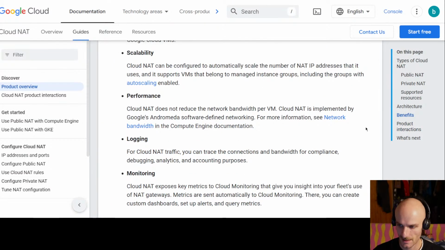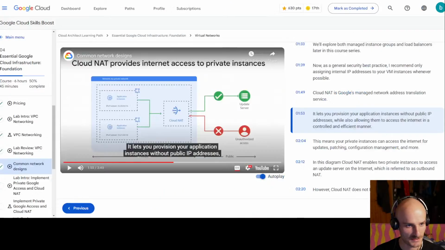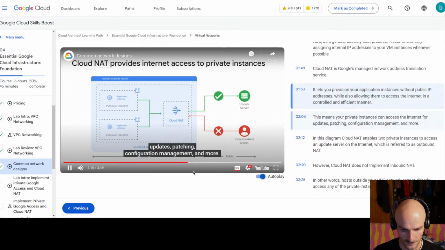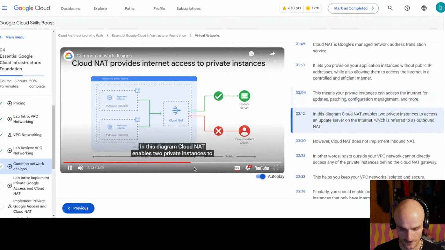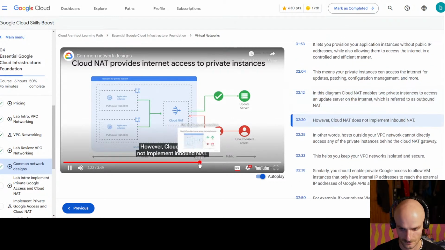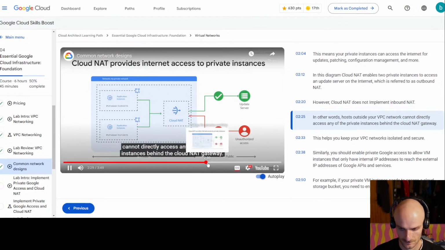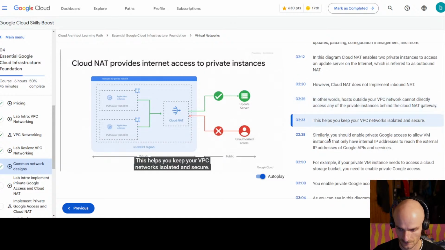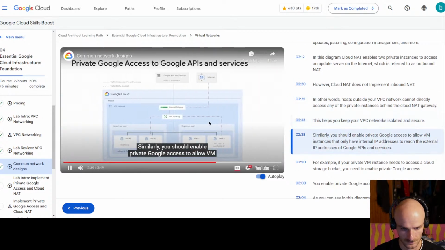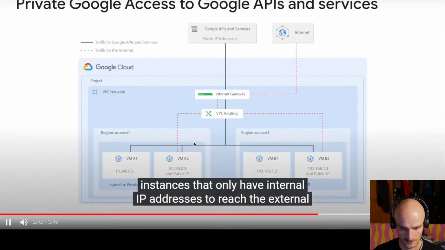Great. And then we had these other details. Provision your application instances in a controlled and efficient way for patching, configuration management, and more. In this diagram, Cloud NAT enables two private instances with outbound NAT. However, Cloud NAT does not implement inbound NAT. In other words, hosts outside your VPC network cannot directly access any of the private instances behind the Cloud NAT gateway. This helps you keep your VPC networks isolated. Similarly, you should enable private Google access to allow VM